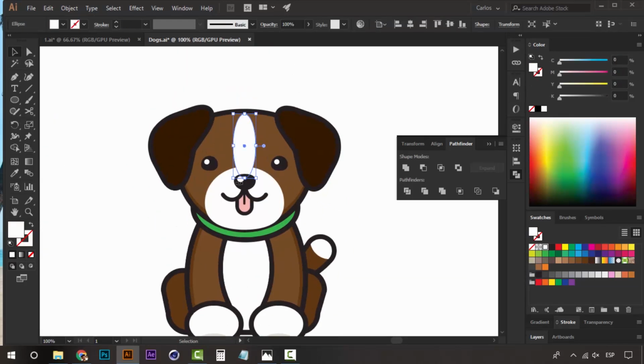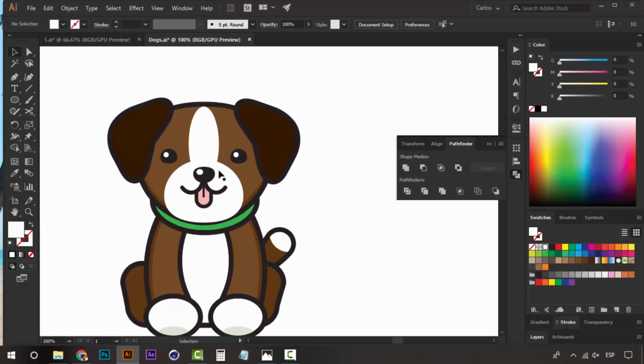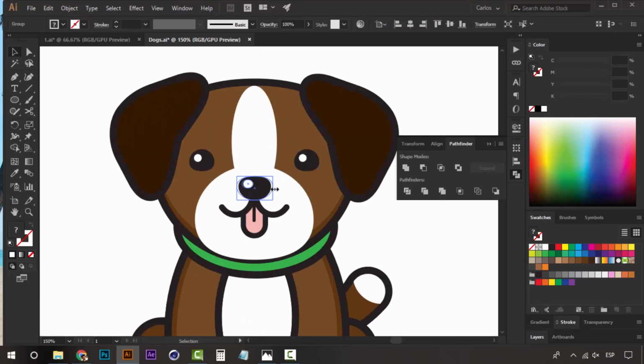We could fix this shape a little bit, make it a little bit wider. Just like this. All right. Another thing that we can do is to make the nose a little